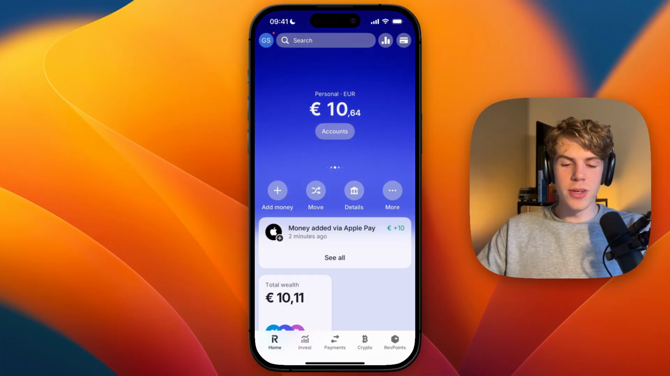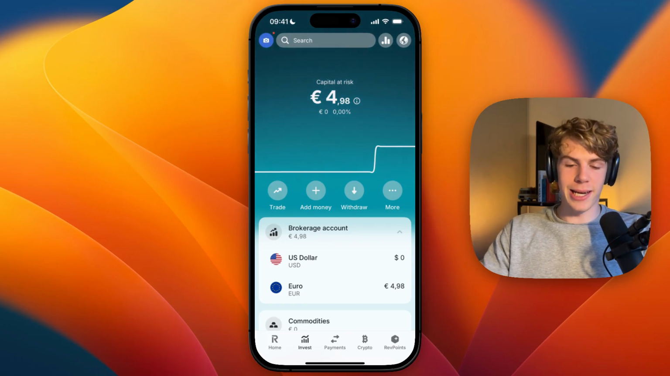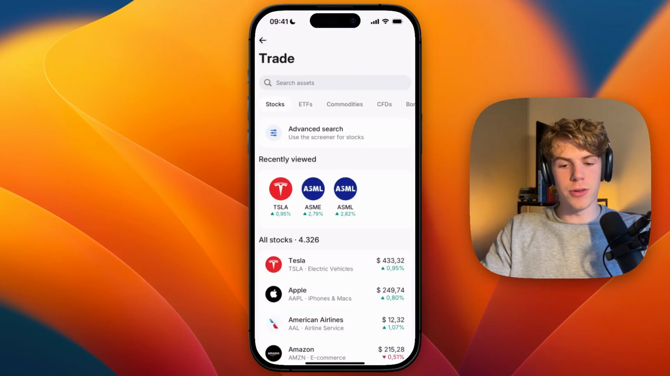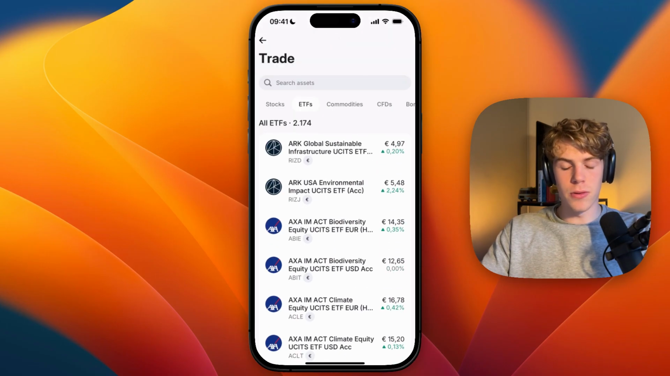In this video, I will show you how to invest in the S&P 500 on Revolut. To do this, first I'm going to open up the Revolut app and go to Invest at the bottom. Now from there, what you want to do is simply click Trade. And here under ETFs, you can find the S&P 500, but as you can see, there are over 2,000 of